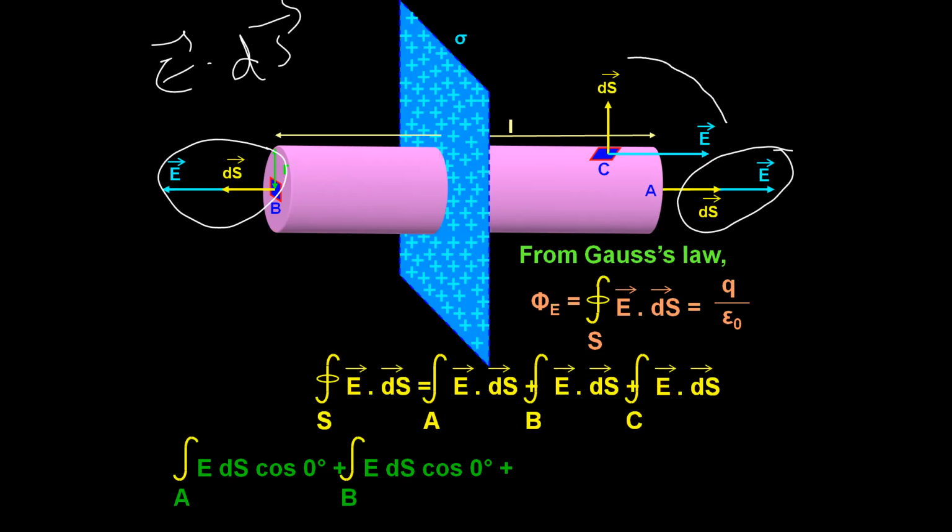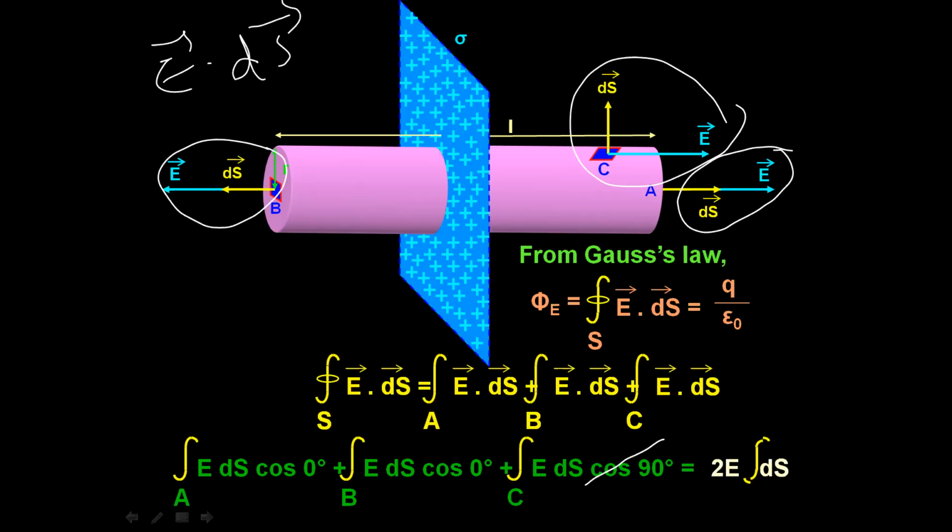This is surface C. As you can see here, direction of electric field and area vector is having an angle of 90 degrees. So for the third one, you can write surface integral E ds cos 90, which will be equal to, as we know, value of cos 0 is 1 and cos 90 is 0. Since cos 90 is 0, this term is going to be cancelled. Okay. E ds cos 0 is 1.